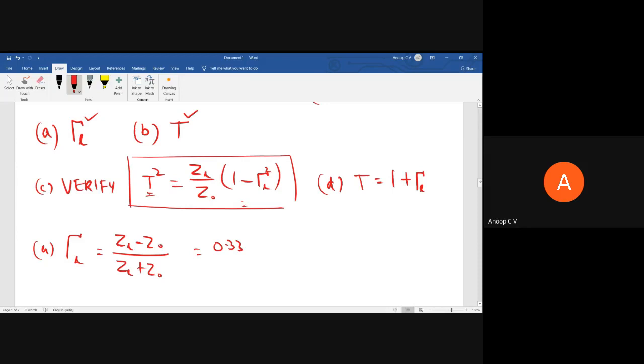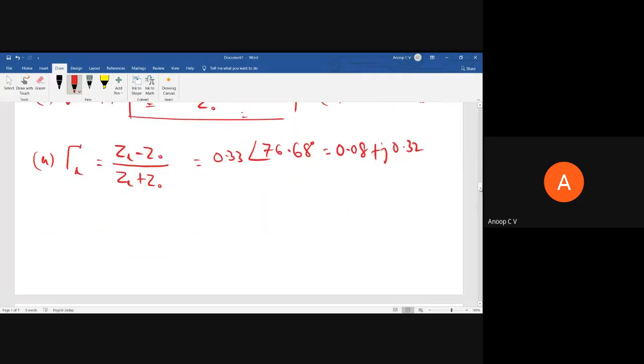So when you verify, you should find it should be wrong. Right. So gamma L is 0.33 angle 76.68 degrees, and in Cartesian it is 0.08 plus j 0.32. Right. So this is gamma L, and you can find